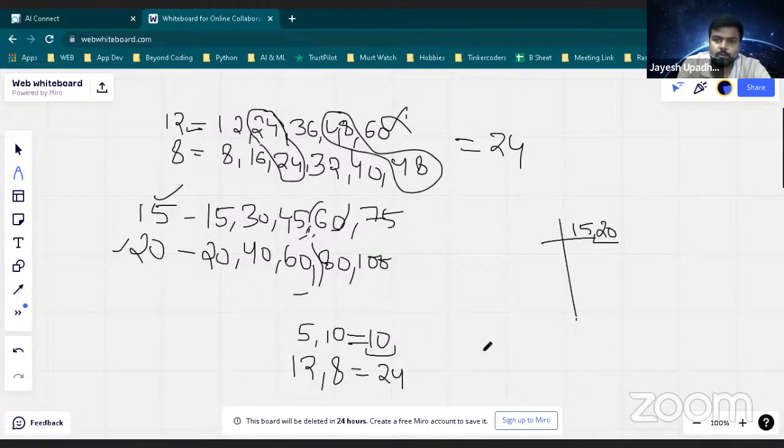Okay, so let me just tell you again what I will do. Two conclusions I have created. First conclusion is my LCM is always equal to or greater than my second number. इससे तो हमेशा बड़ा ही है, so I will never start with 5. लूप मेरा 5 से कभी चलेगा ही नहीं. First thing. Second thing is, after looking into it, what I'm getting is कि 24 जो मेरा आंसर आ रहा है, ये दोनों नंबर से perfectly divisible है, right?